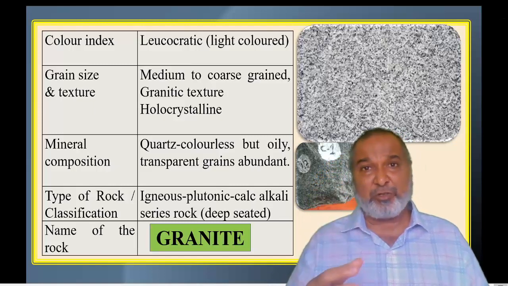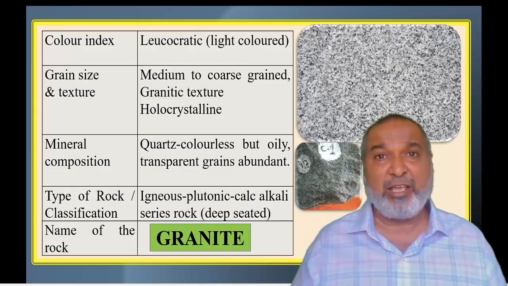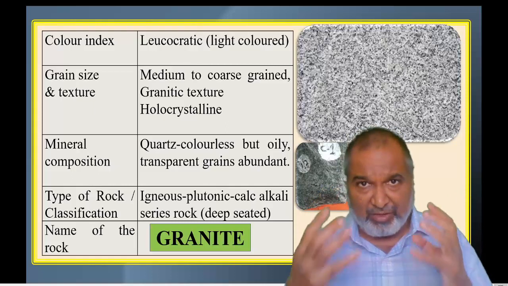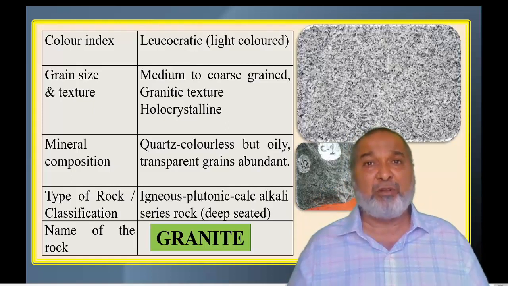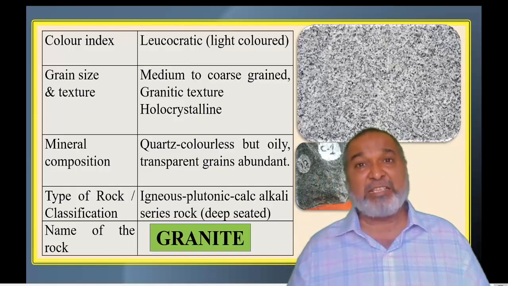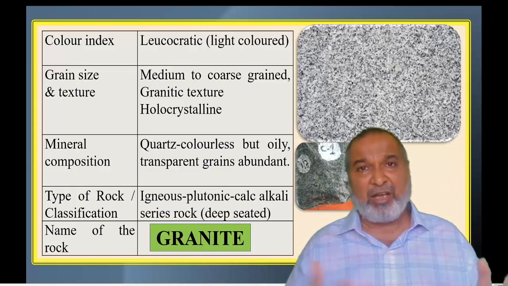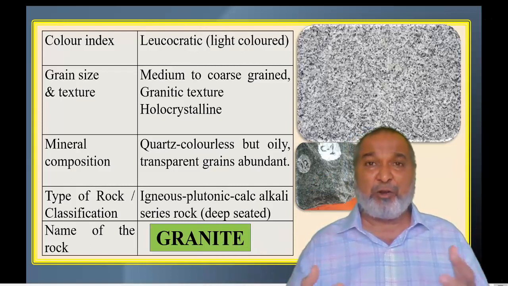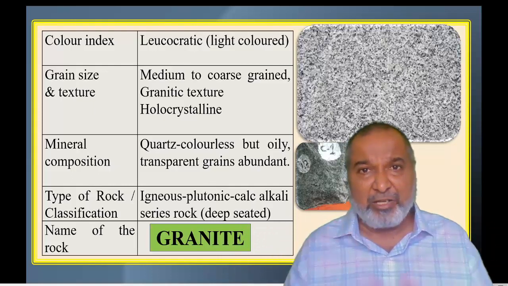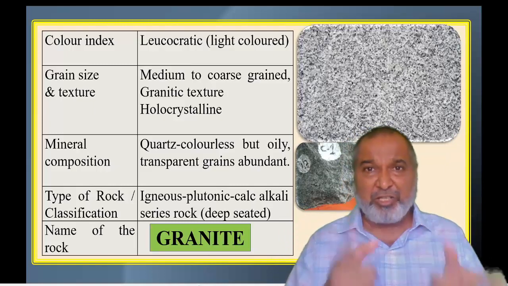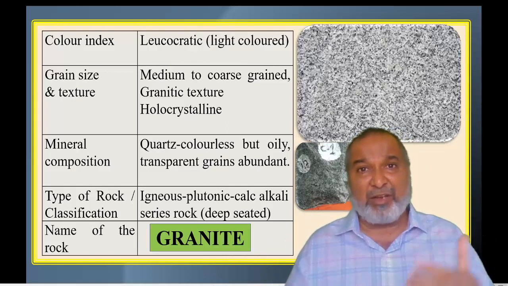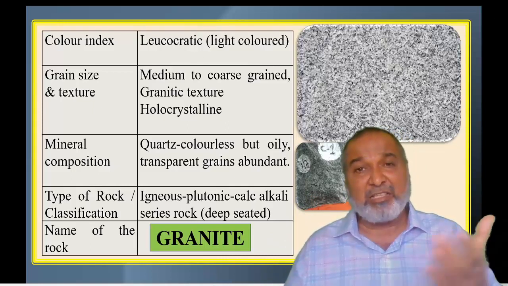In this igneous rock there may be 2, 3, or maximum 4 or 5 essential minerals. Their presence we have to count when identifying any particular rock. So these are the essential ones. Accessory minerals: there are a number of them, 5, 6, 7, 8, but their presence we do not take into consideration when defining or classifying the igneous rock. So, clear now, essential minerals and accessory minerals? Yes. The next one: when you classify, there are various classifications.